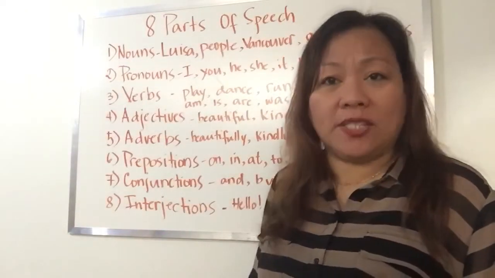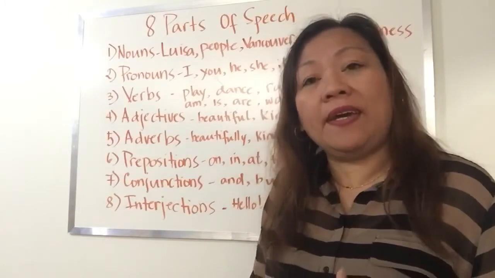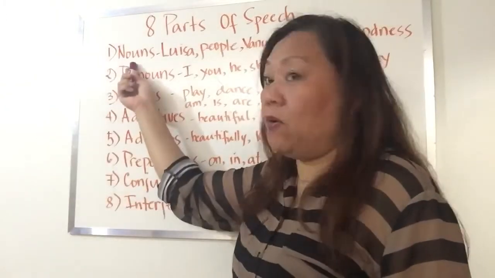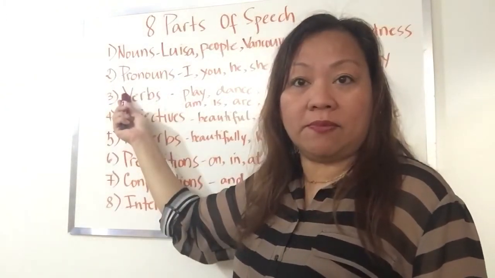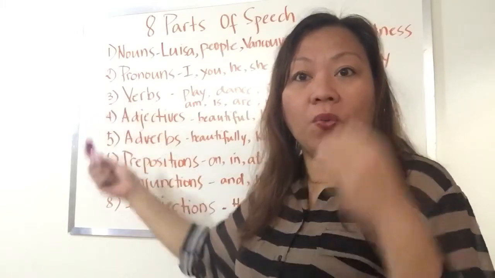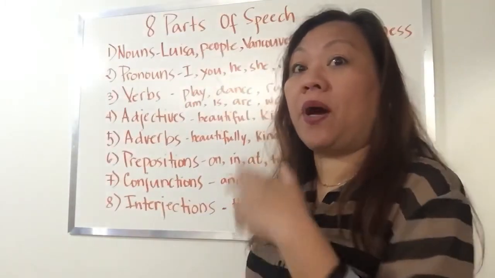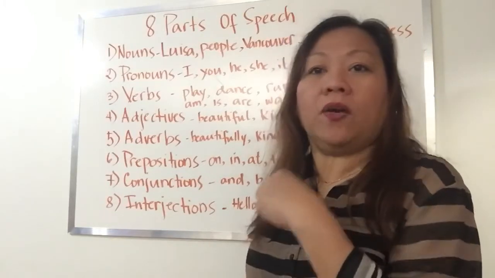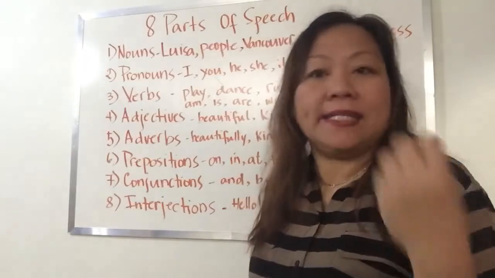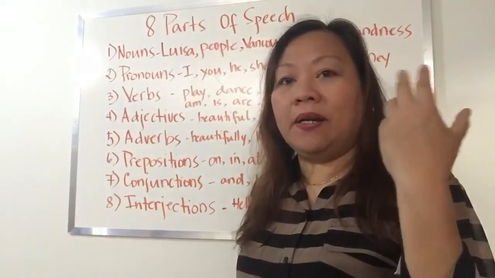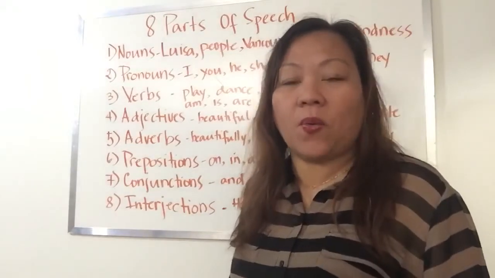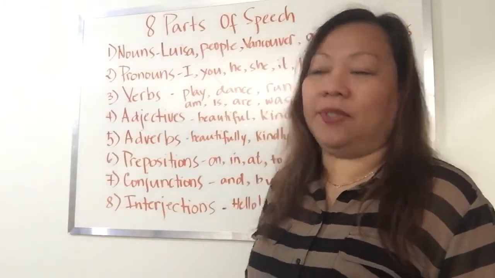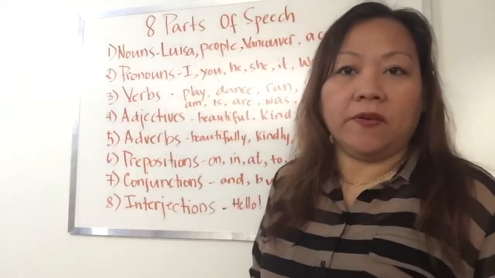Next would be adjectives. What are adjectives? Adjectives are words that we use to describe nouns or pronouns. Okay, so these are words to describe a person, a place, a thing or an object or an animal, an idea, a perception or a value, a virtue, and so on. Okay, so examples of adjectives are